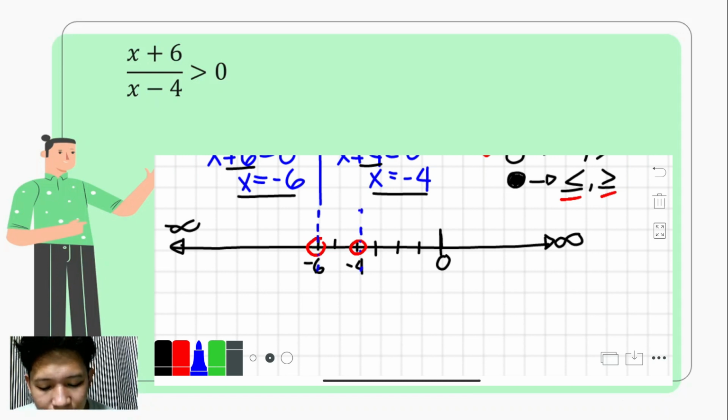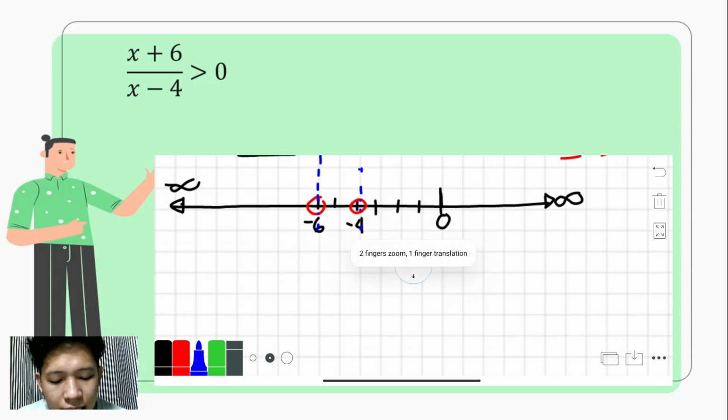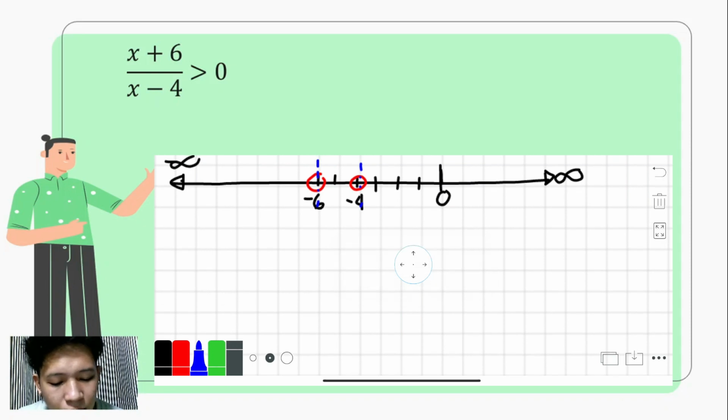Itong part na ito, tama po? And then, this part, and then, this part. Okay? So, yan po yung gagawin natin. Yan po yung ating magiging way para makapag-proceed tayo kay step number 3. And that is for us to make a table of sign. So, yung table of sign natin, nakadepende po dun sa ating graph. Okay? So, since the